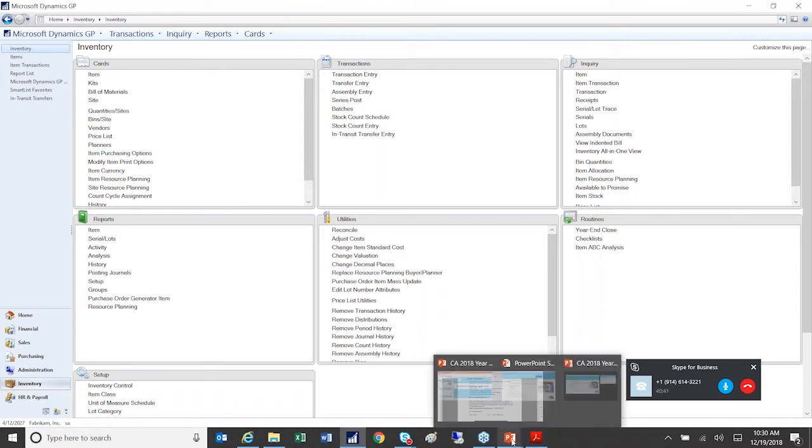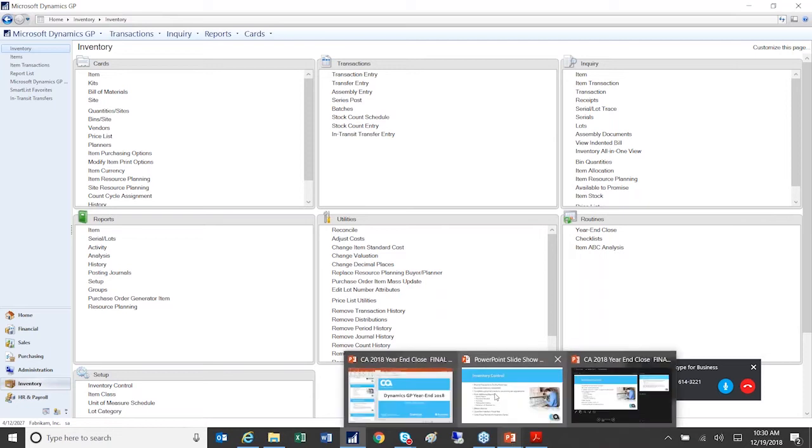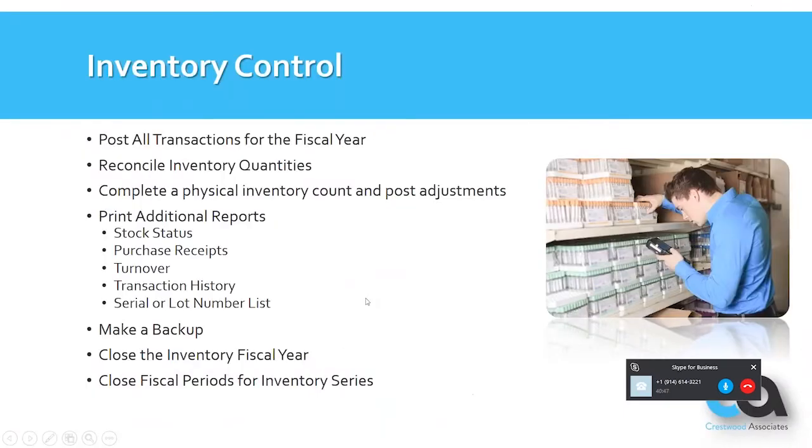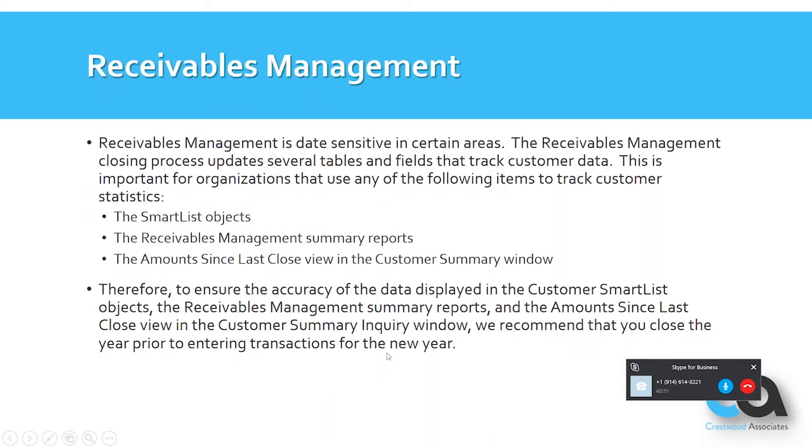Okay, so we'll do our presentation here. We went through everything for inventory. Now we'll move on and talk about receivables management. Now that we're getting into receivables and payables as well, what's important to remember here is that there are